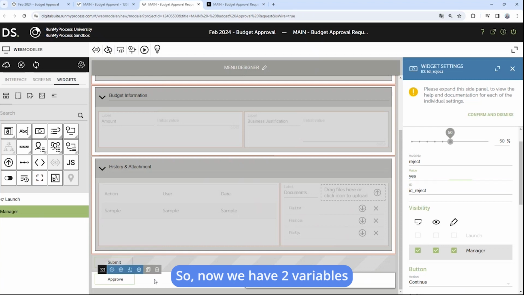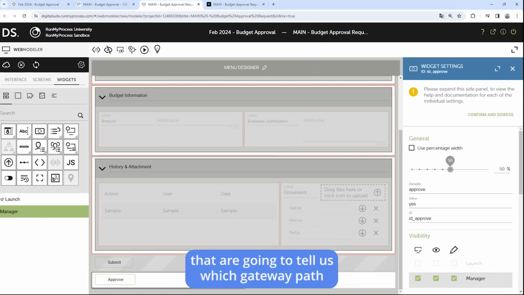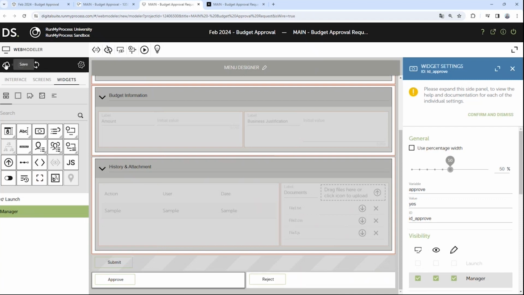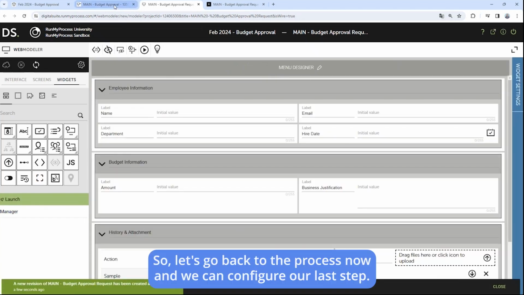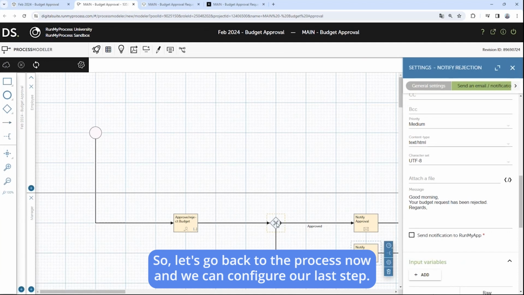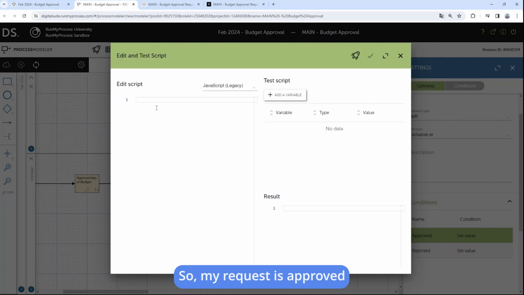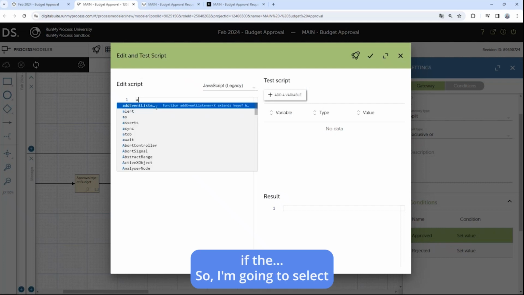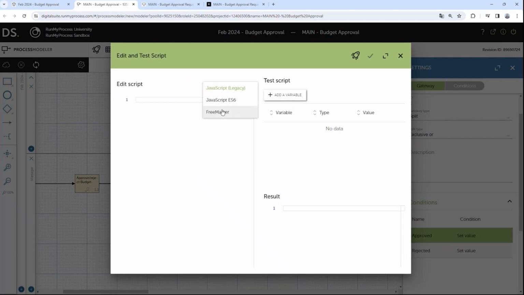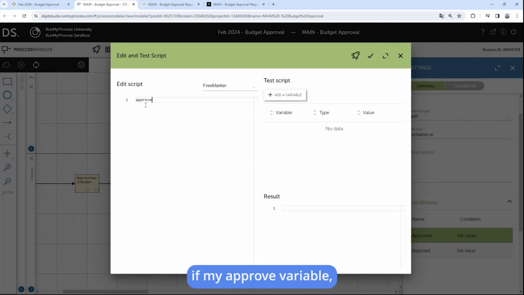So now we have two variables that are going to tell us which gateway path our process should follow when the manager approves or rejects. I can save. So let's go back to the process now and we can configure our last step. My request is approved if the, so I'm going to select the marker. If my approve variable